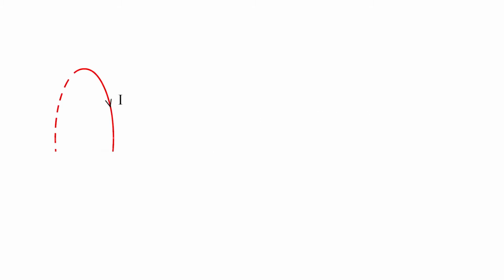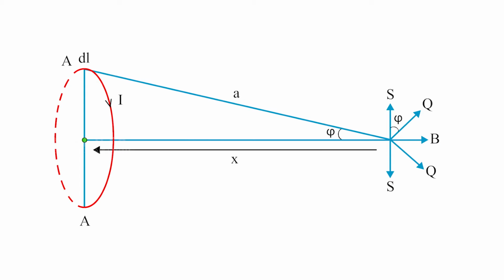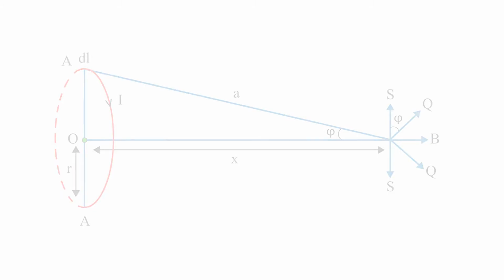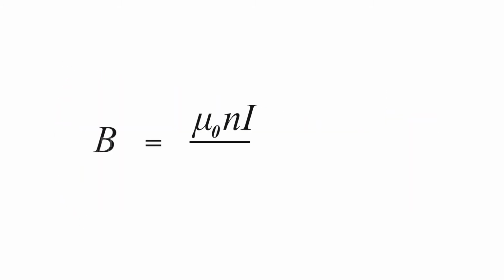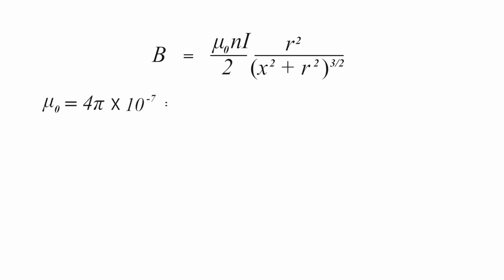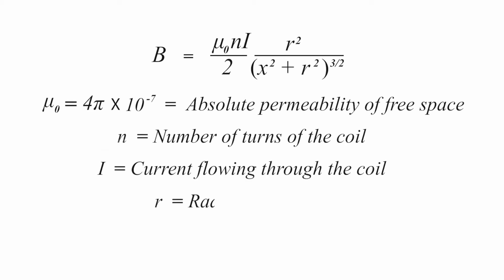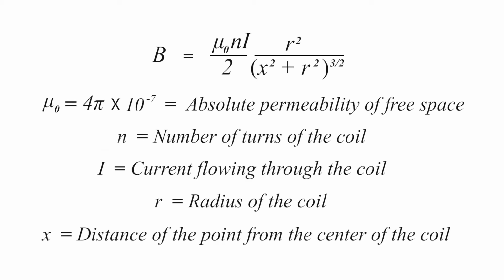square. By Biot-Savart's law, the total magnetic field at a point which is at a distance x away from the axis of a circular coil of radius r having n turns is given by B is equal to mu0 Ni divided by 2 into r square divided by x square plus r square the whole raised to 3 by 2, where mu0 is equal to 4 pi into 10 raised to minus 7 Henry per meter is the absolute permeability of free space, where n is the number of turns of the coil, I is the current flowing through the coil, r is the radius of the coil, and x is the distance of the point from the center of